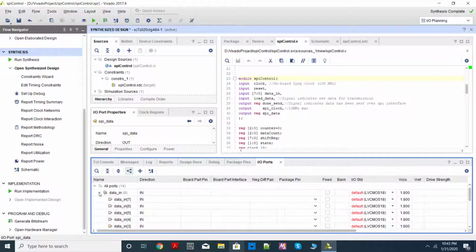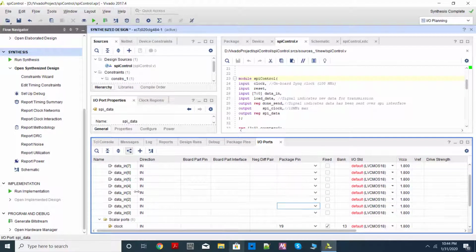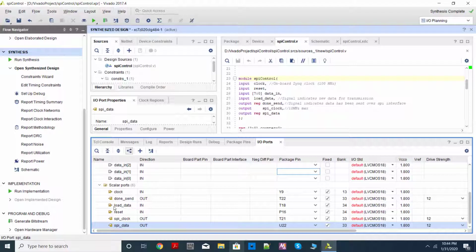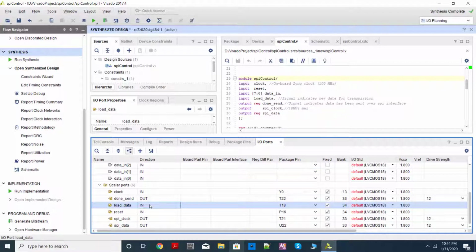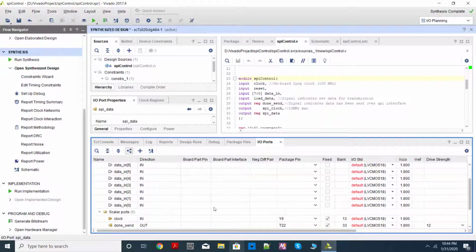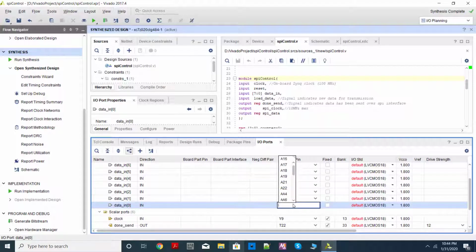Now data in. This is where I specify what data I want to send. This I am going to give to my slide switches. So I have 8 slide switches. What I'm going to do is, if I want to send some particular data, I will change my slide switches or DIP switches to a particular value, whichever I want to send. Then I will press this push button, which one? Load data, T18, the top push button. Then it will be sent over these two wires. That's the idea. Okay, so D0 is